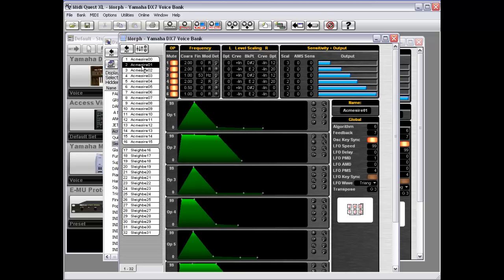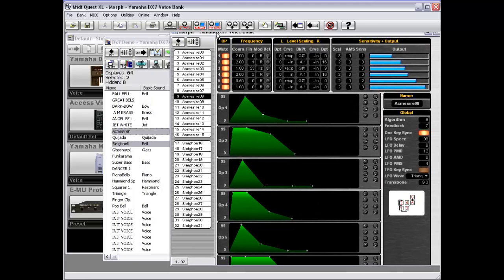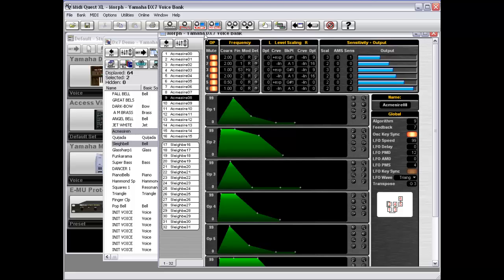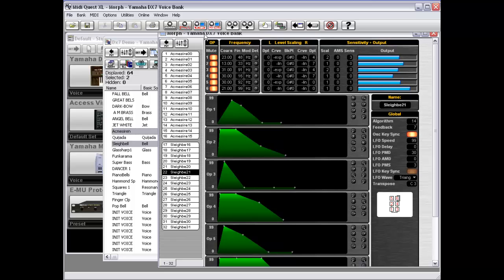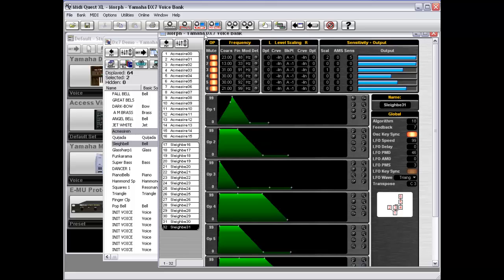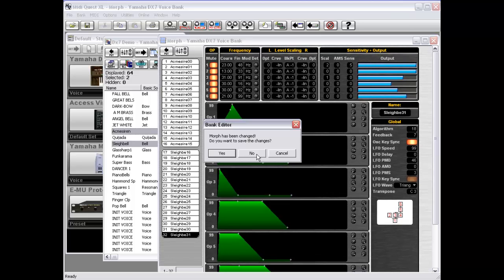And what happens here is that each successive patch gradually moves from the original Acme siren sound, and it gradually moves towards the sleigh bell sound. So I will close up this morph window,